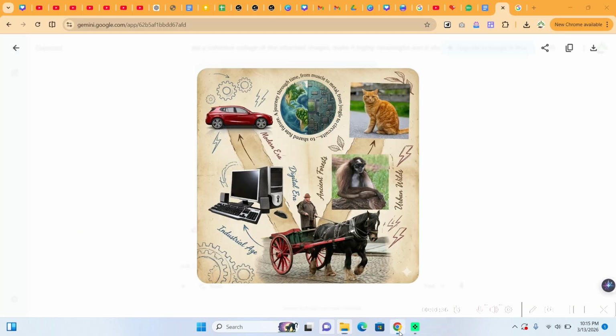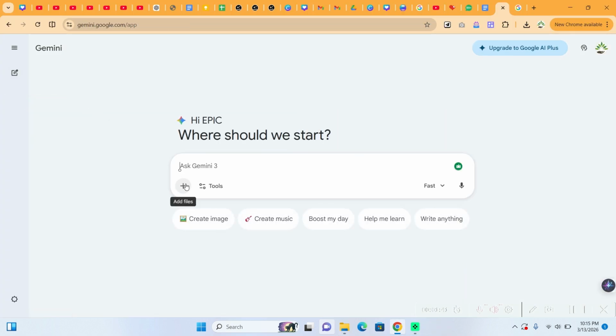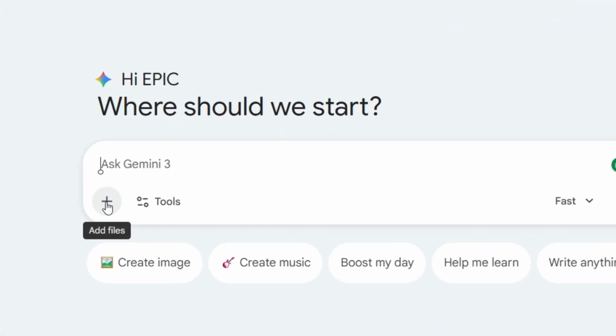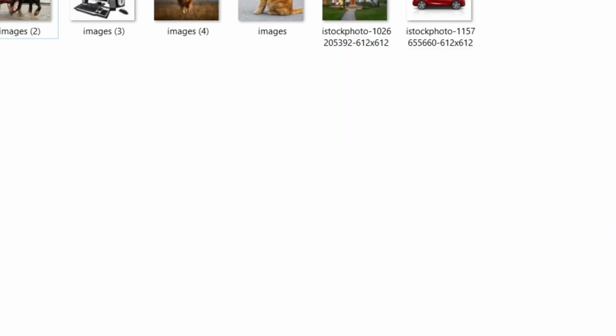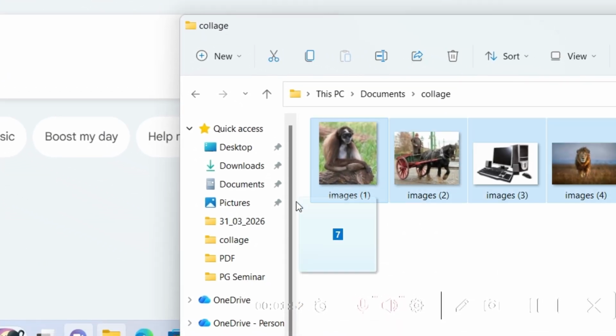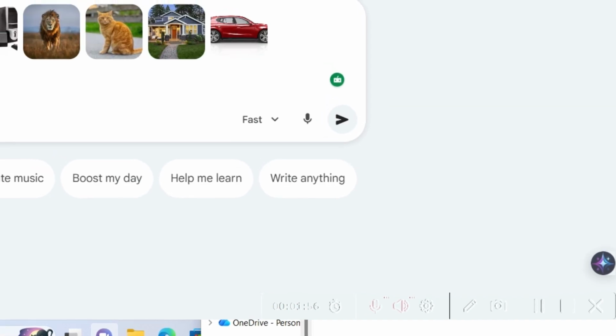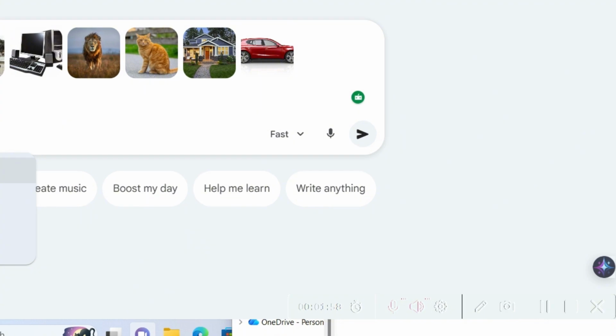So we can come down to our Gemini. Okay, so you can always go to a new chat. Now this is how you add your files. You can drag and drop them in here from this folder. You can directly select all, and then you can drag and drop them in here just like that. Or you can click on this plus sign and upload directly from your files